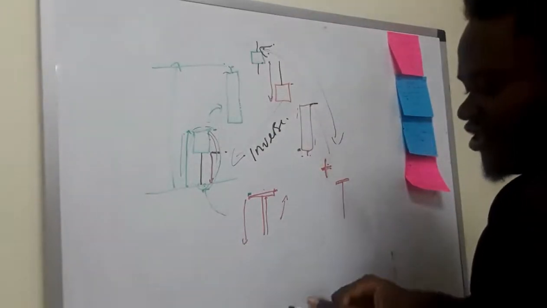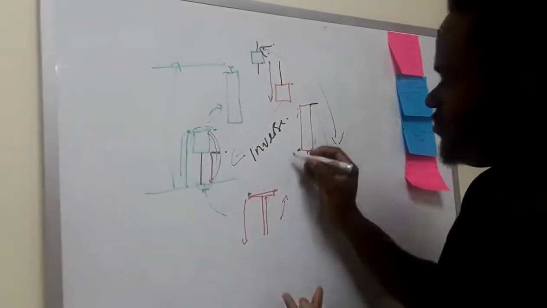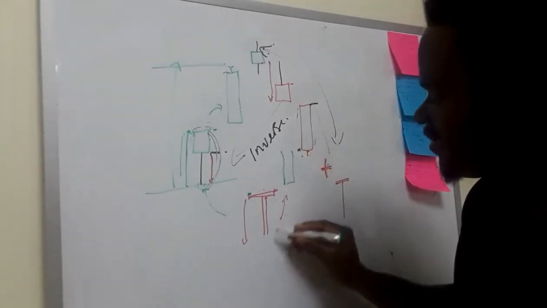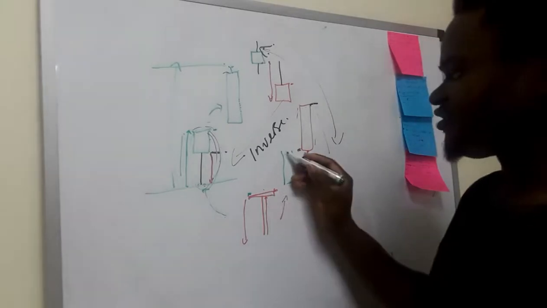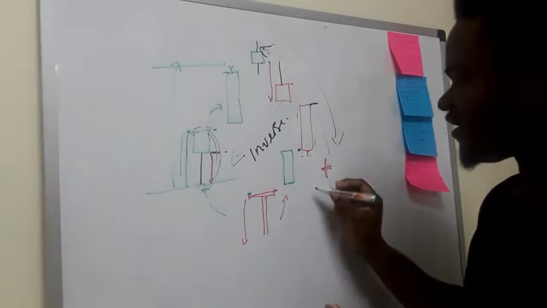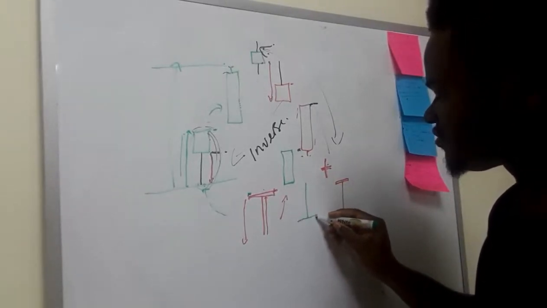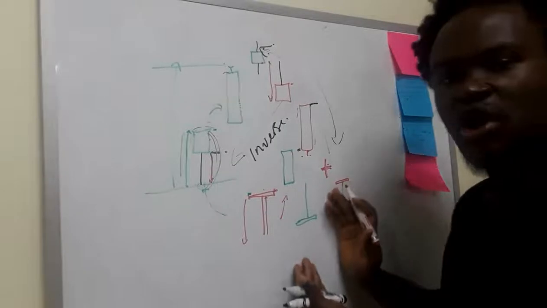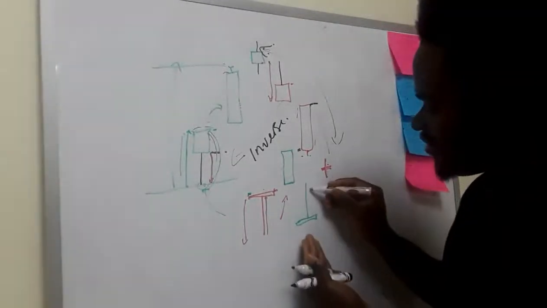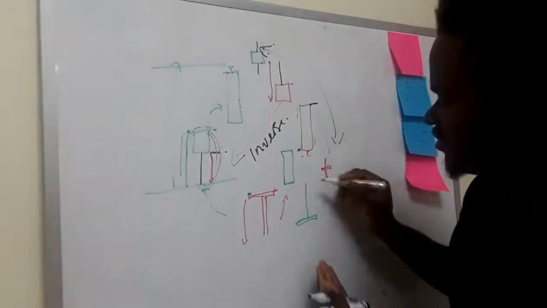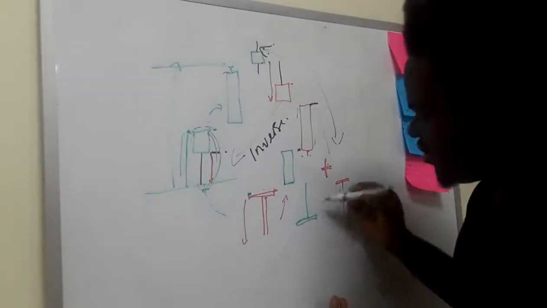So we know that if everything stays the same, we will have some kind of pressure building up here from the buyers that were buying up here. So we'll probably have a candle like this. And you can also get it inversely like this. And this will be a gravestone doji. This will be a gravestone doji, even though it looks green, because the buyers bought all of this because the